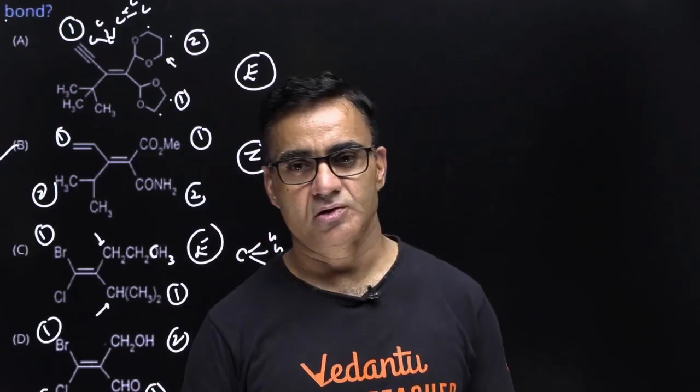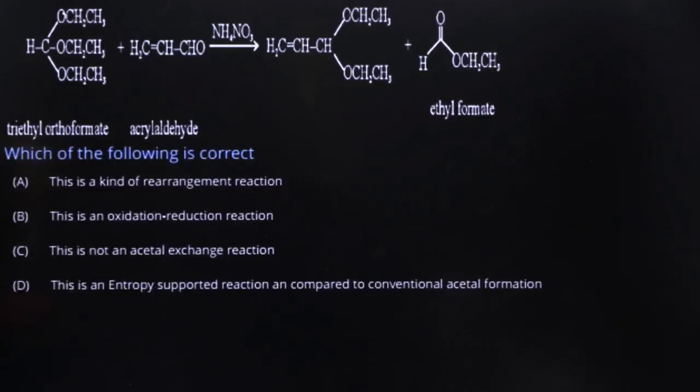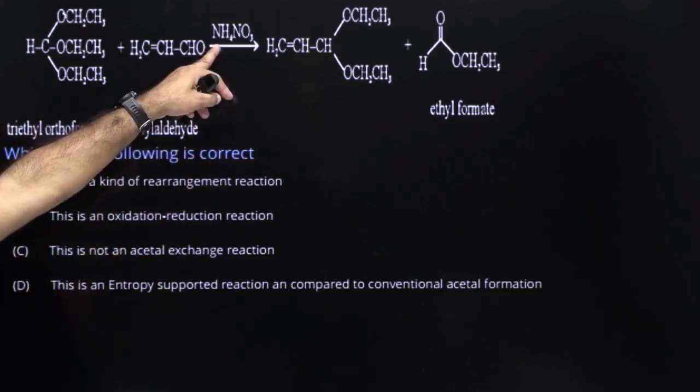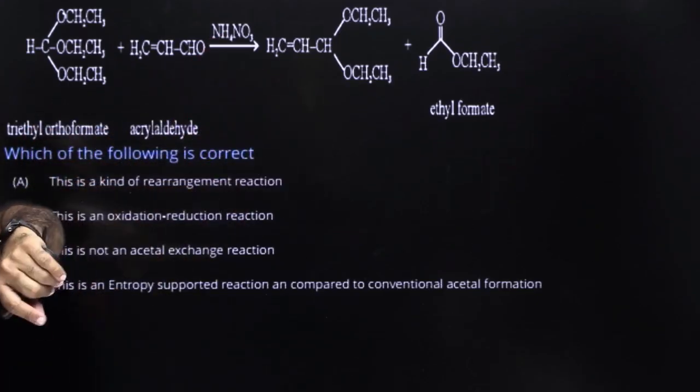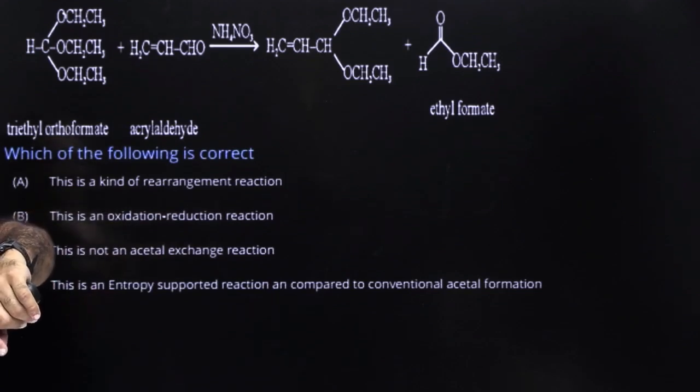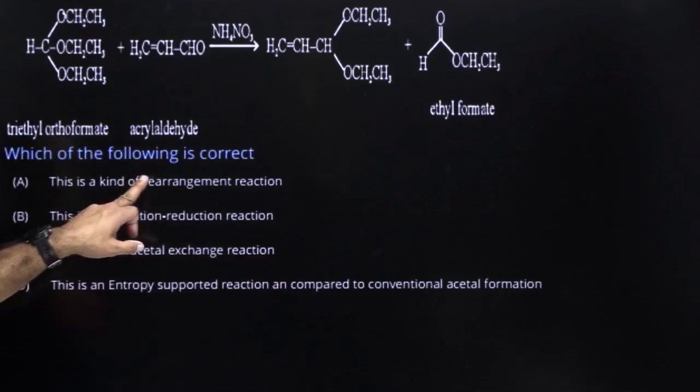ऑलराइट, एक और इंपॉर्टेंट क्वेश्चन जहाँ पे ऑर्गेनिक रिएक्शन डिस्प्लेड है आपके स्क्रीन पे, आपको बताना है इन चारों ऑप्शन में से कौन सा ऑप्शन एग्जैक्टली करेक्ट है। तो ये बेसिकली ट्राई इथाइल ऑर्थोफॉर्मेट है, एक्राइल एल्डिहाइड से रिएक्शन कराया है एसिडिक मीडियम में, और यहाँ पे बेसिकली एसिटल फॉर्मेशन हो गया है एंड इथाइल फॉर्मेट बाहर निकल गया है। तो चलिए ऑप्शंस पे चले जाते हैं, कौन सा करेक्ट ऑप्शन है ये बताना है।